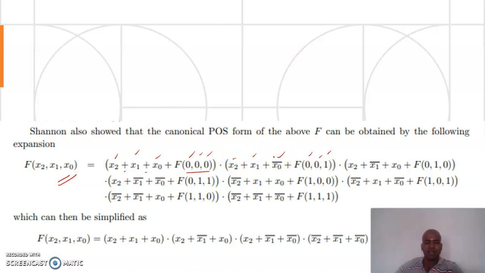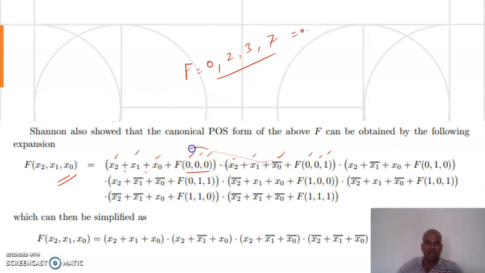So in this manner we are going to write for all the given 8 possible combinations of input. After writing these combinations, we know for which combinations the output f is equal to 0. From the truth table I am writing f is equal to 0, 2, 3, 7. So these 4 combinations have outputs equal to 0.